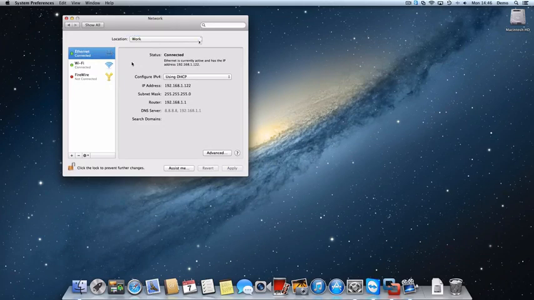So basically, these are two different sets of settings for each of your network adapters that you can just choose one location. So we'll choose automatic, you hit apply, and it changes all the settings for you. Now, you can do this inside the system preferences panel, but the beauty of this feature is that you set these up the way you want them, and then you close down your system preferences panel,